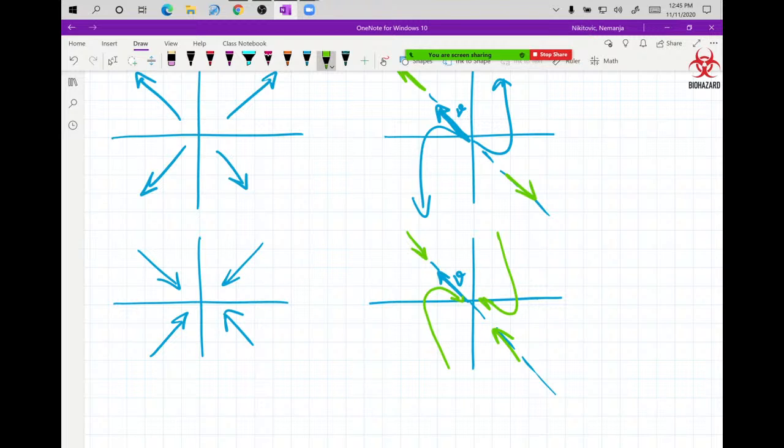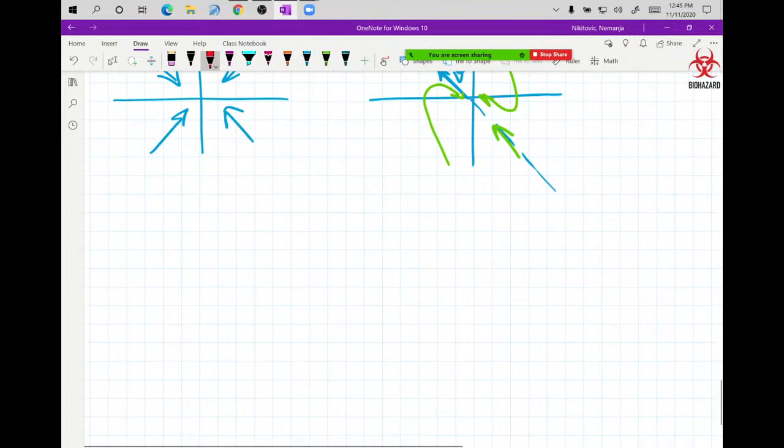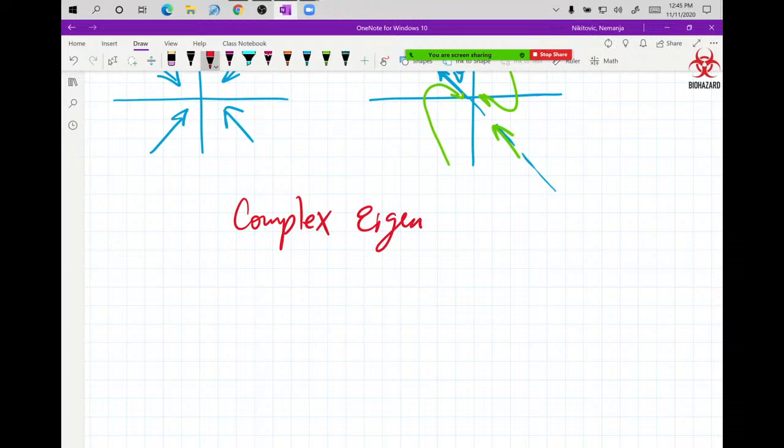And finally, the red ones, the complex ones. When lambda was p plus minus qi. And why did I do these ones in red? Because these are the ones you get most of the time. Mechanical and electrical engineers use them, and pretty much the other people don't use them that much. Anyway,